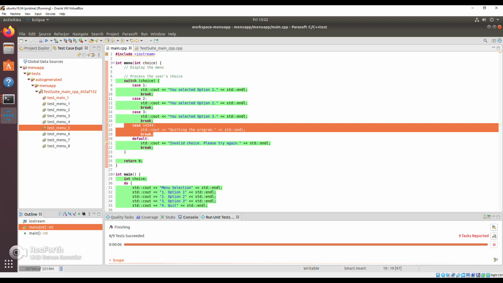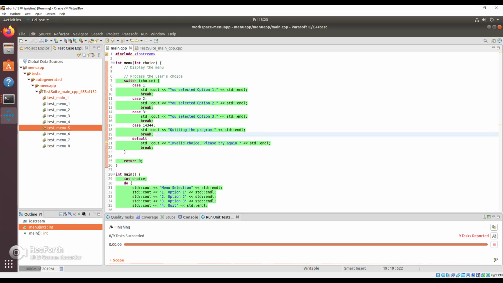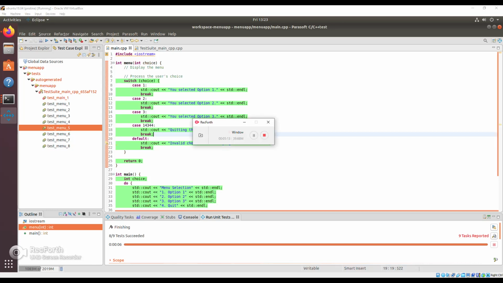So this is one of the features of this tool. It does not just generate random values like 0, 1, -1, maximum, minimum. It also tries to do more by looking into the function and auto-generating as much as it can. But in this case, it really makes sense. So that's